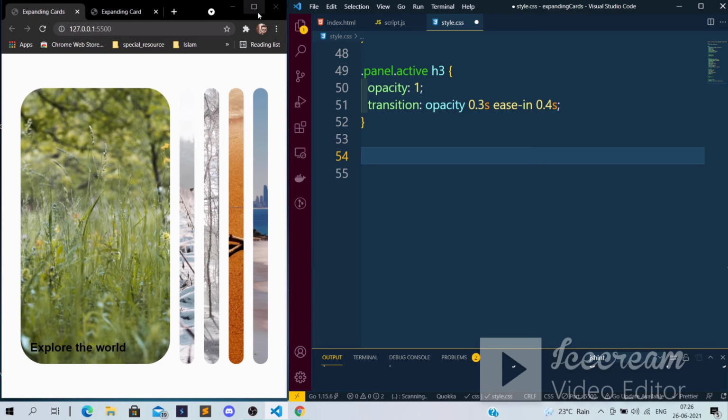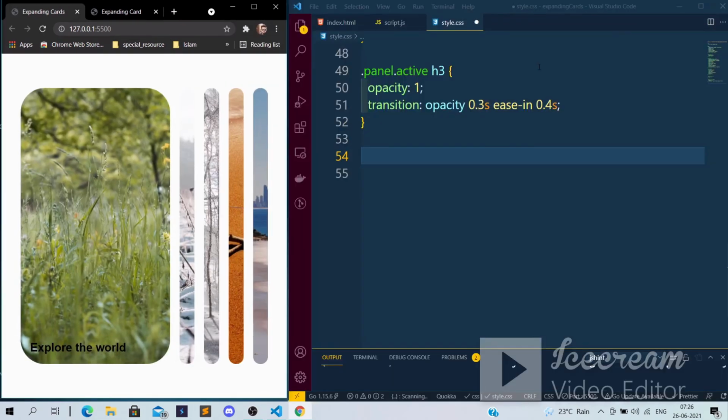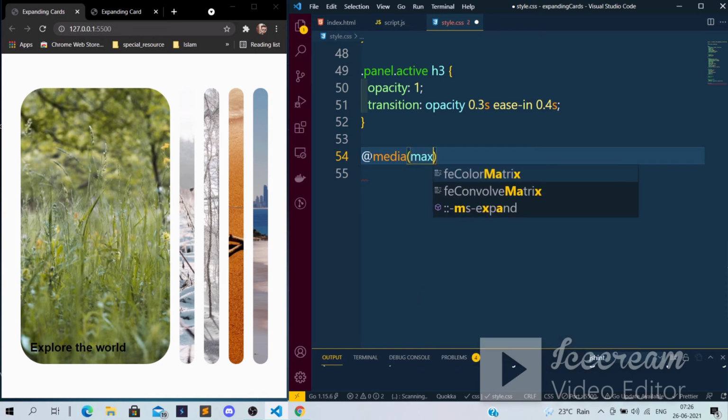If the screen size is bigger, I just want to show the 5 cards, but if the screen size is smaller, I want to show only 3 cards. For that I will use the media query. So there is a media property, there is a max width. So if there is a max width of 480 pixel,